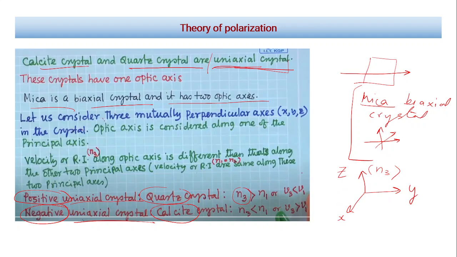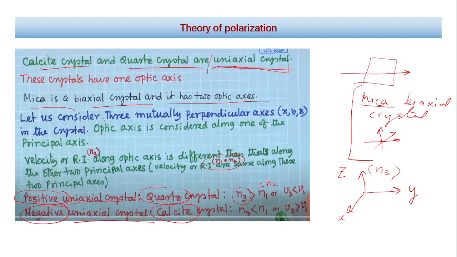Otherwise it could be any of the axis depending on how we are cutting the material. So we call it positive when the refractive index along the z-axis is more than the other two directions. So n1 we have written, but we mean n1 and n2 both. Like, along one direction the refractive index is more than the other two directions. So velocity of light